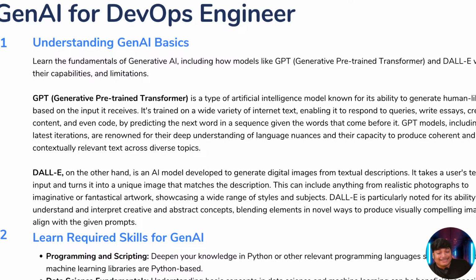Now, the next thing is actually the point that many miss, including me: the data science fundamentals. Again, I'm learning about data science, but I'm not a data science guy. If you want to become a GenAI developer, and I talk with many machine learning engineers and AI engineers, they also say, Sandeep, you need to learn the data science fundamentals. Not just that, you need to learn how to process the data, how to do intent analysis and so on. So as a starting point, I would say start with data science fundamentals, where understanding the basic concepts of data science and machine learning is beneficial, especially in tuning the AI models or intercepting the inputs.